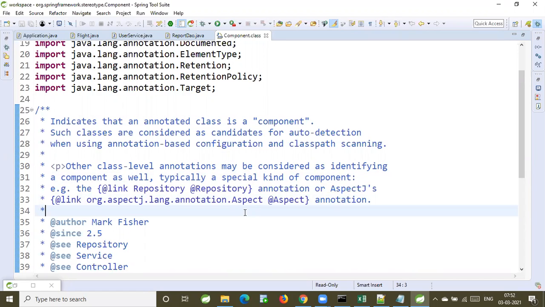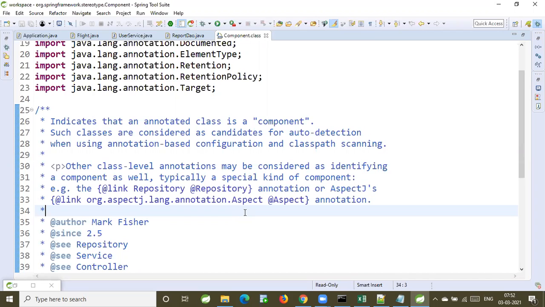Are we getting any additional functionality if we use the Component annotation, or is it simply participating in component scanning? Is it giving any special effect for our class, or is it just representing our class as a Spring Bean?